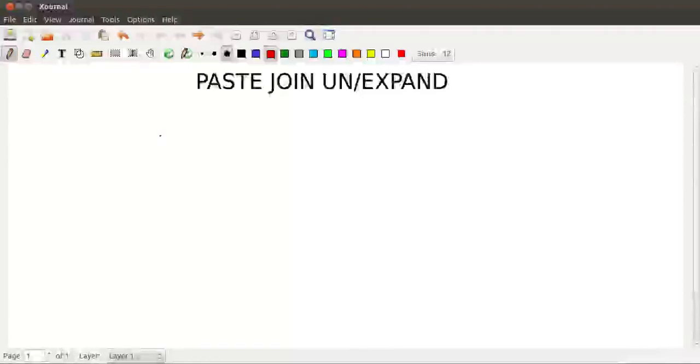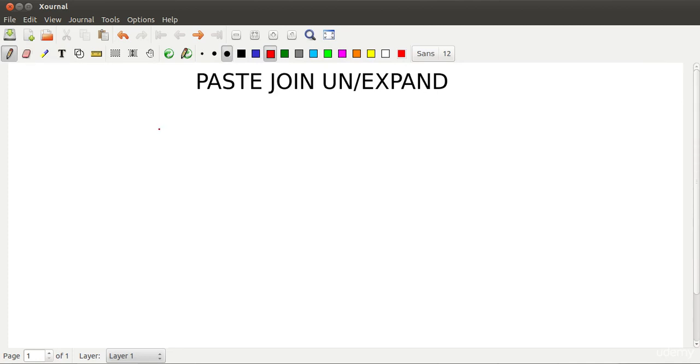Hello friends, in this video we are going to have a look at some of the text processing or manipulating tools which are available in Linux, and specifically we'll be talking about paste, join, expand and unexpand. And instead of explaining the functionality of these commands on the whiteboard, how about we just drop right into